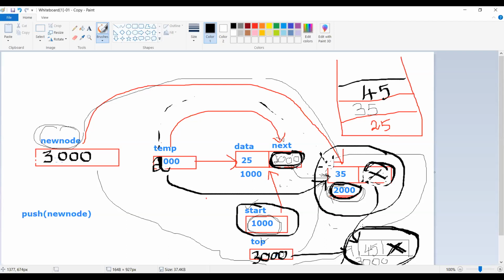I will show how it is popped out. Just we'll display. We have disconnected the last node. There's no connection between the node 35 and the 45. Why? Because we have made the 35th node's next field as null, so that you don't have access to the successor node. Now, can anyone tell what is the next update? What is the next update I should do?